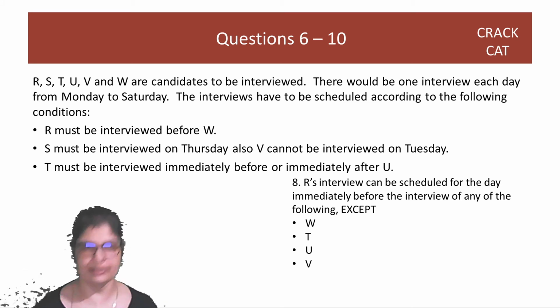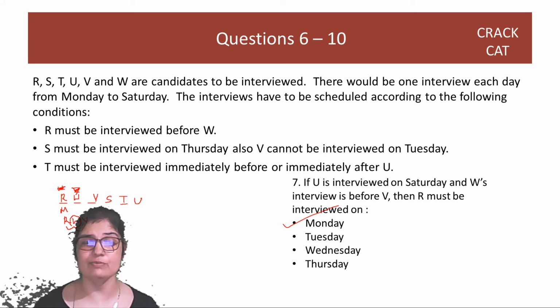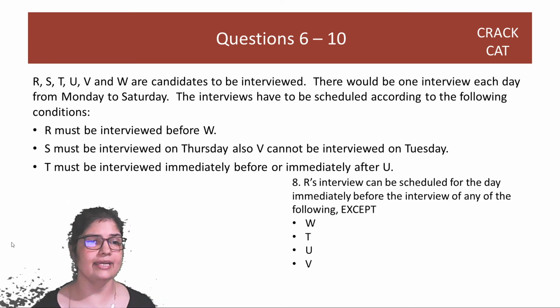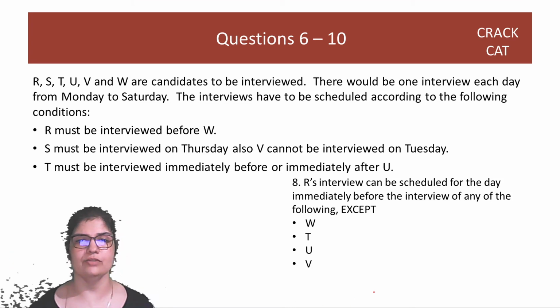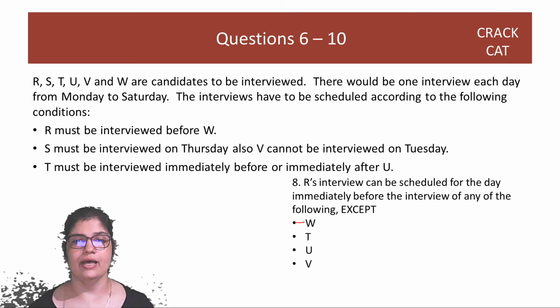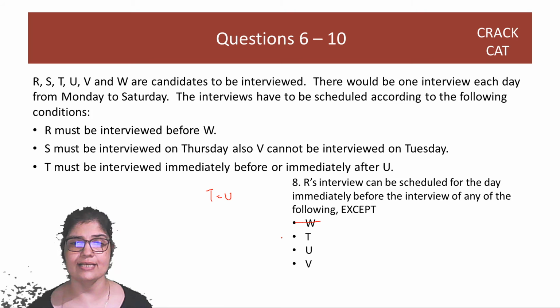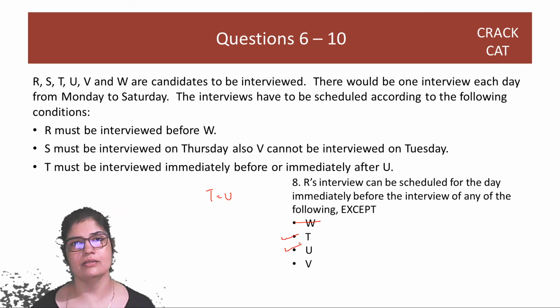R's interview can be scheduled for the day immediately before. So, if you go back, right, if you have worked on sheets, you can check. See, R is before W. We have checked that, right? In this data, we can already see that R is before W. So, coming here, I can eliminate first option because we know already it's possible. There's no extra information here, right? So we can eliminate W. Great. And I told you all guys that T is equal to U. So if I can mark this as an answer, then this also becomes an answer. I cannot have 2 right answers. So both of them are not the answers.